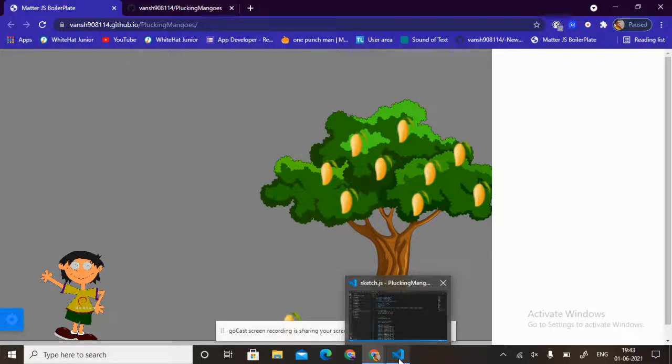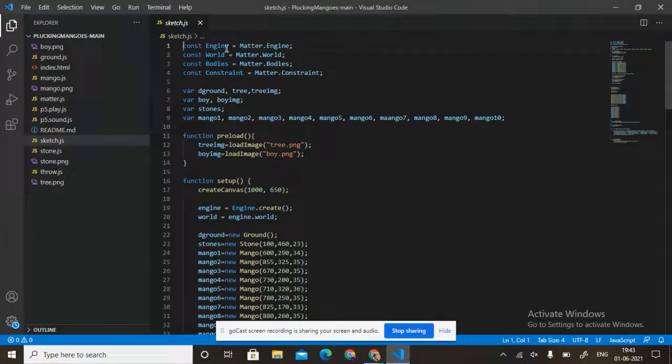So start the code. Firstly for constants, then Bodies = Matter.Bodies, and so on. Then variable dground, tree image, then variable boy image, then variable stones, then variable mango1, mango2, mango3, mango4, mango5, mango6, mango7, mango8, mango9, mango10. Okay, so after it function preload: tree image equals to load image